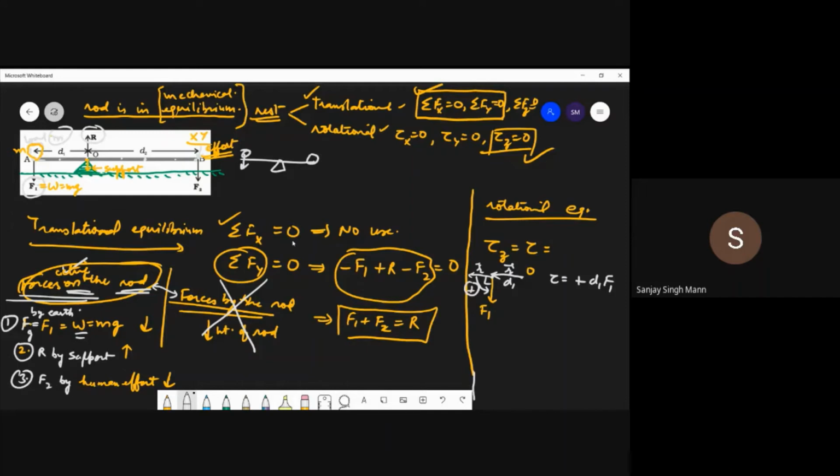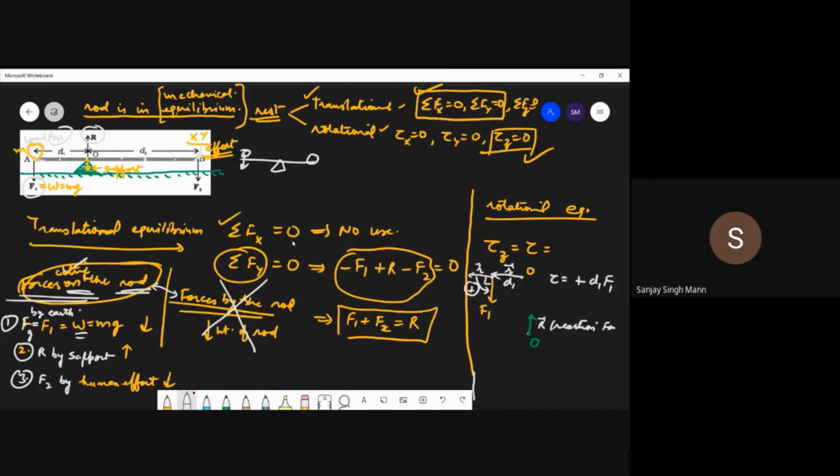Now let us take the second force. Where is your second force? This is R, the support. Now you cannot change the origin. Where you have taken the moments about the axis, you cannot change it. So you have taken the axis at this point O. So now this R is also here at O. So students, in this case, tell me what is your R? This is capital R, your reaction force. Okay.